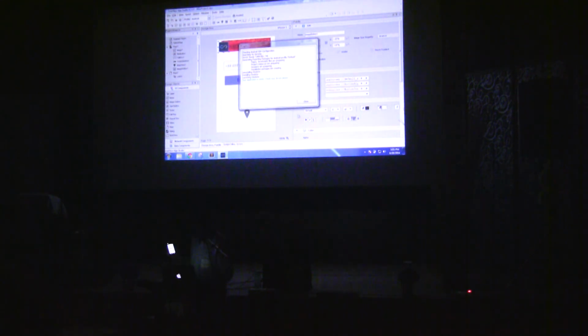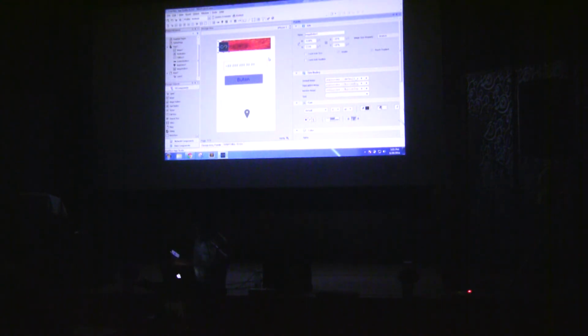I don't know why this image is not coming, but sorry for that. I need to look at that. The image is not coming, but all the other things come here. For example, just click on that and the native keyboard comes. Just click on the button and the native alert box comes here. And Google Maps comes here, the switch button. And when I click that image button, the slide effects come here. And yeah, the label comes like that.